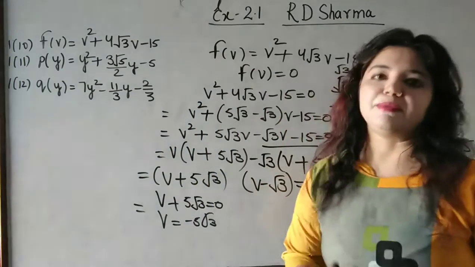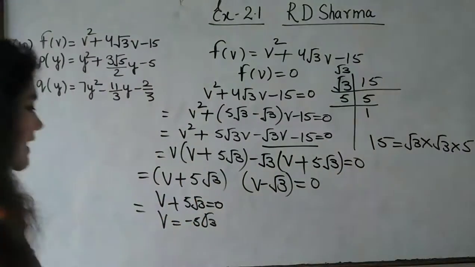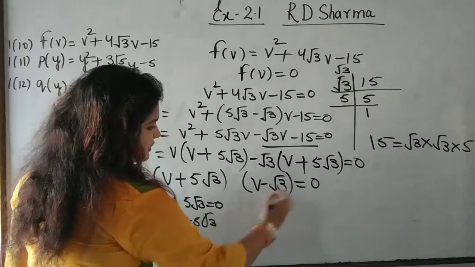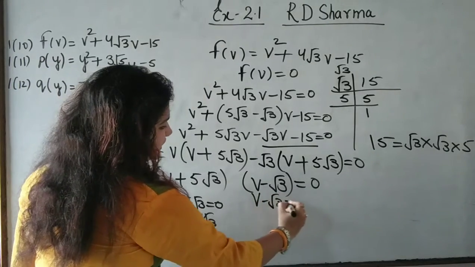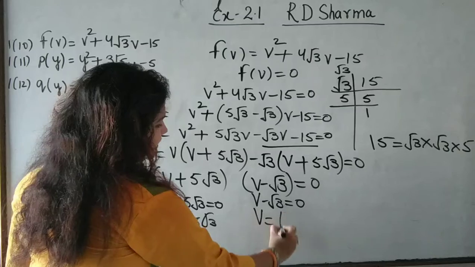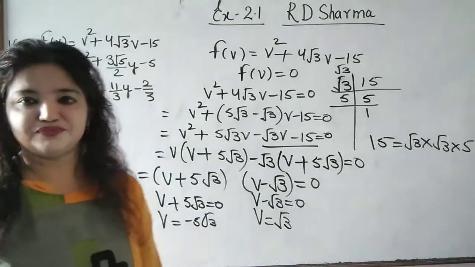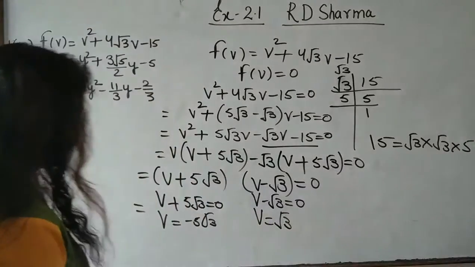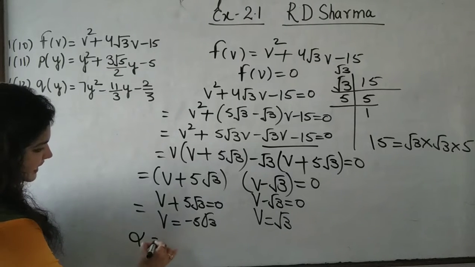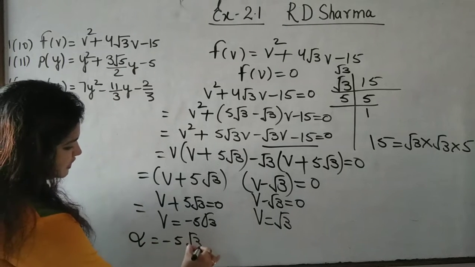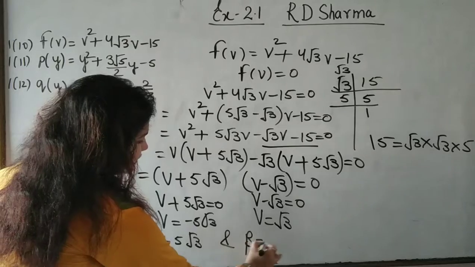V is equal to minus 5 under root 3. Okay. And now I am taking this equal to 0. V minus under root 3 is equal to 0. That means v is equal to root 3. So let's assume alpha is equal to minus 5 root 3 and beta is equal to